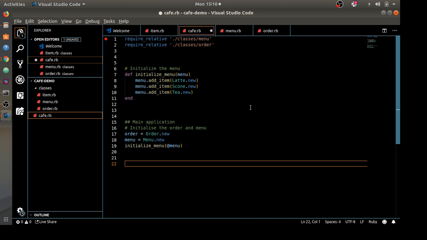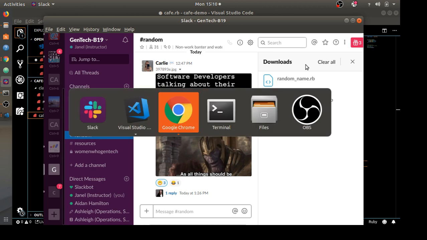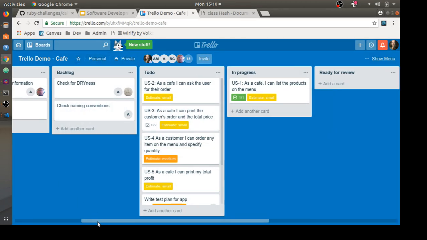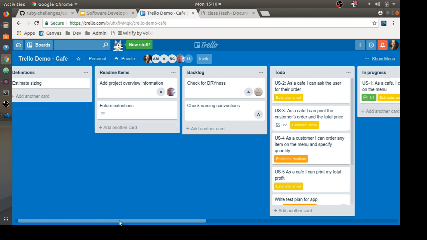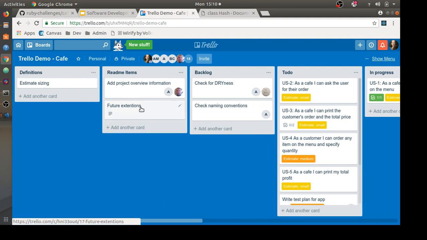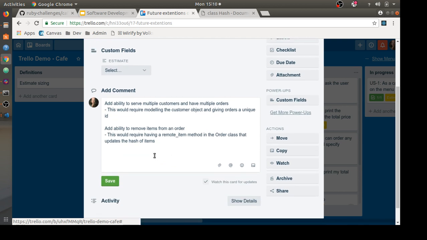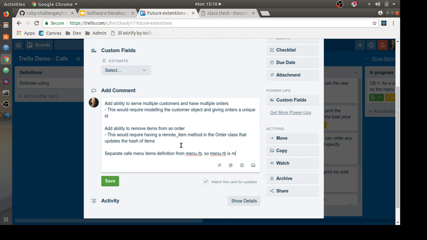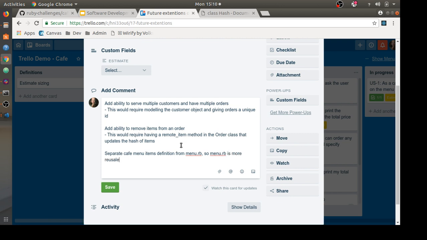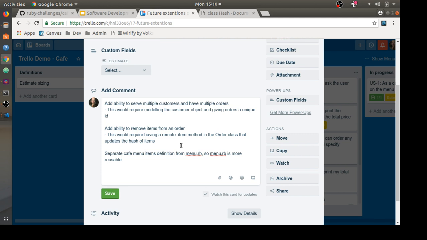because we're building a simple solution, but it's something that we could comment on. So just as we note it, recognizing that that's a choice that we're making, it's a good thing to note it. So I might just add something here. Separate cafe menu items definition from menu.rb. So menu.rb is more reusable. And to do that,